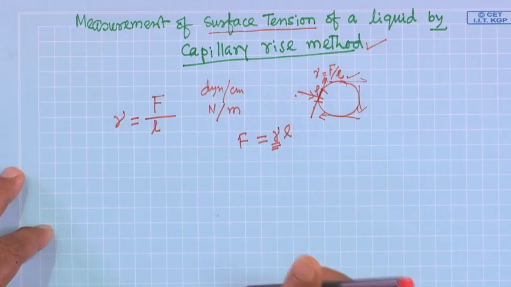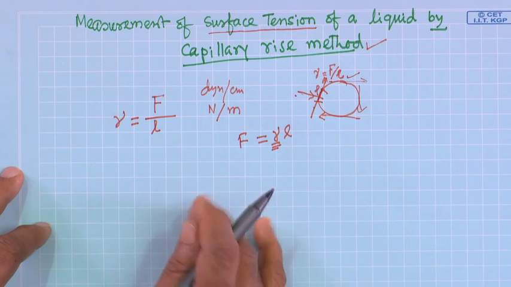Now we will do the experiment for measuring the surface tension. We will use the capillary rise method. A capillary tube, generally, has a very small radius. This tube has an internal hole with a very small radius, very small compared to its length. So, if you take a tube,